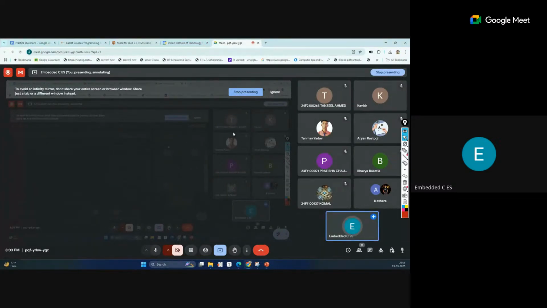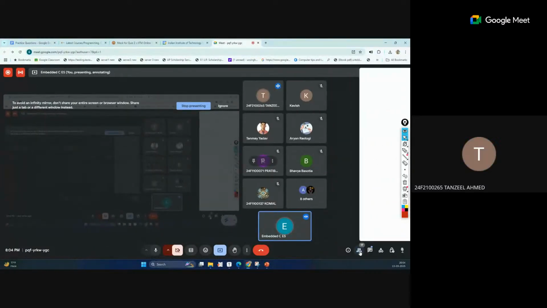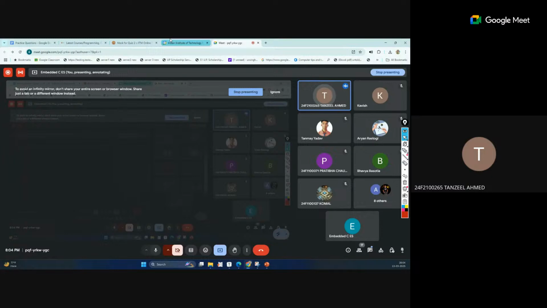I think you should have an option to expand the screen, but I'm not able to use that option. Fine, I'll see what I can do. Full screen I cannot extend because this participant will also be visible. Wait, I'll just leave and rejoin and see if it helps.